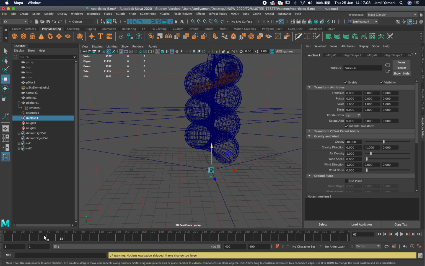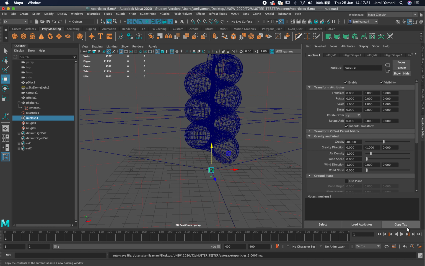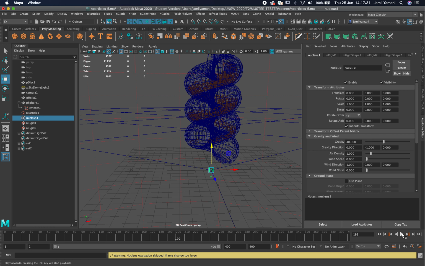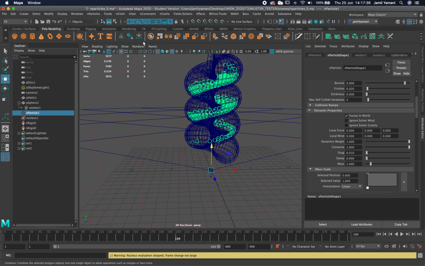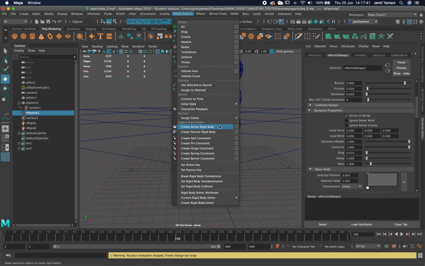I think I'm going to fill this up a little bit and get them all the way down. So let's play this out again. And I don't want to wait this long to see particles coming out, so what I might like to do is set the initial state. At this point in time, I think this is not a bad place to set the initial state. So I'll grab the particles, go to my fields and solvers, and I will say Initial State, Set for Selected,